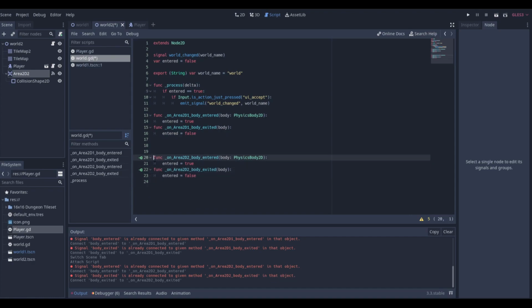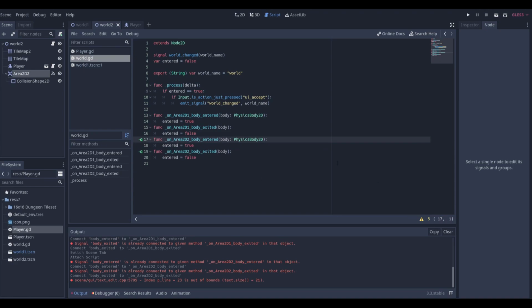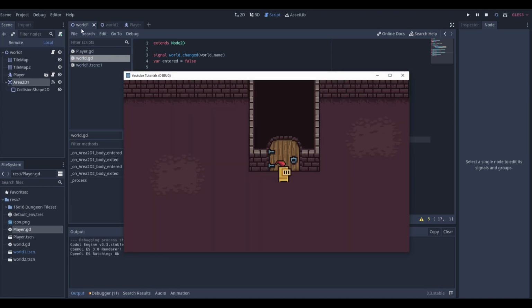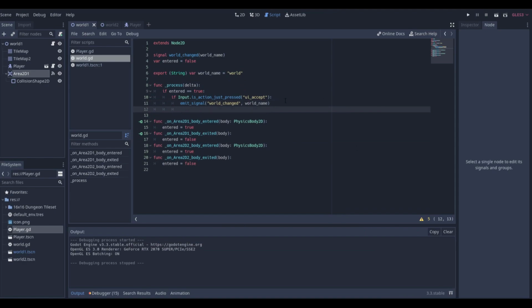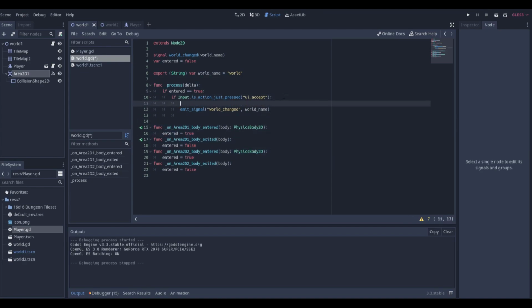And make it look a little bit neater here. That should be good. Now obviously, if we play, nothing is going to happen, but we can go up here and check for a signal emitted, or we can make sure we get in this area here to make sure all this stuff is working. So we'll just print